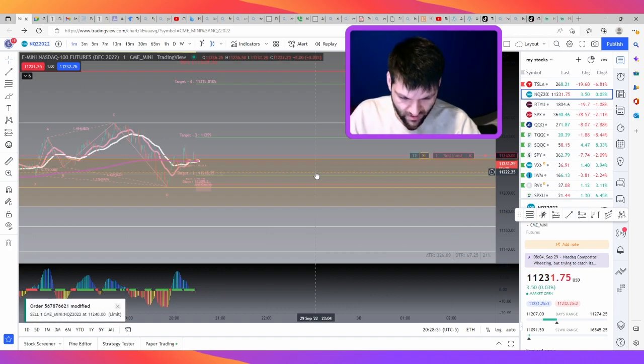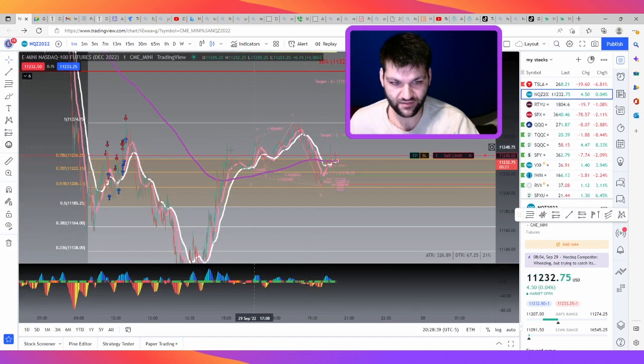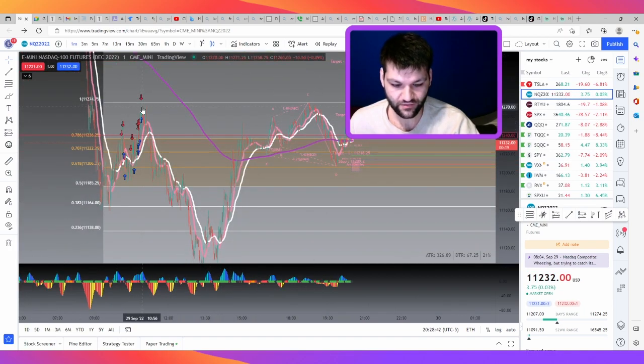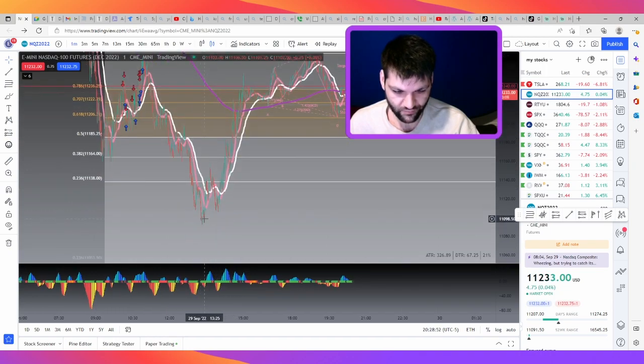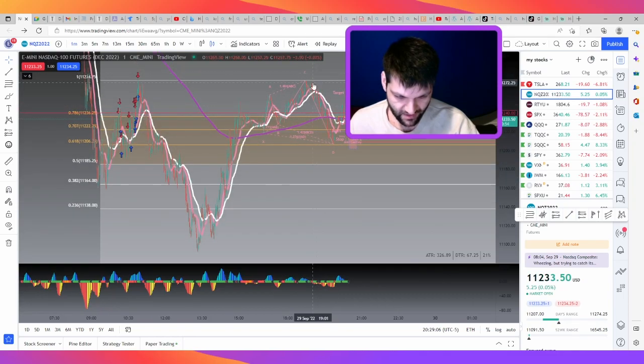What determines where I set my fib retracement is just, yes, you're correct, a recent high and a recent low. I picked this as my high because we rejected here once, we rejected here twice. That's a pretty good high, and then I picked this as my low down here, and that's pretty obvious why I picked it as my low. It's all the way down there. I could also very easily use this as my high up here, and then only drag it to here as my low, and that would make it shorter,